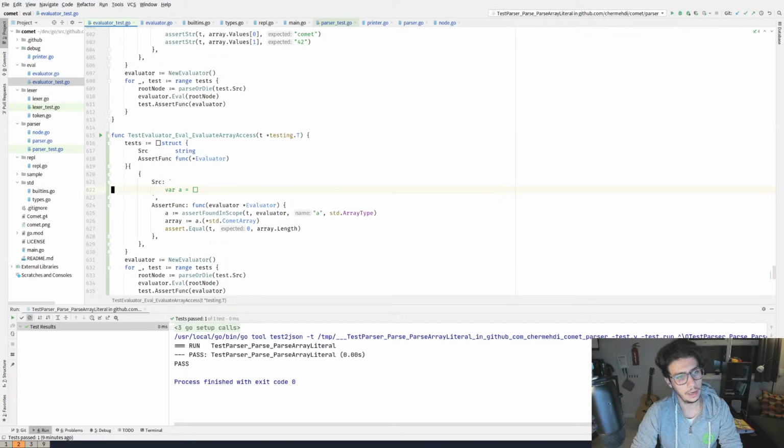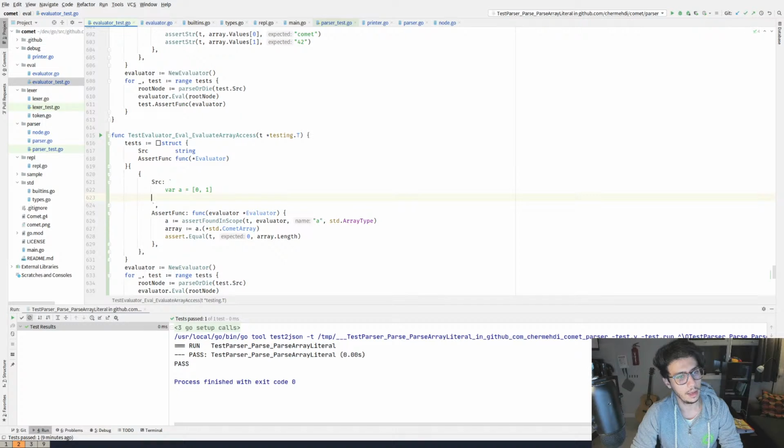So now we have an array that has 2 elements. And if we do, so did we have tests that actually do this?